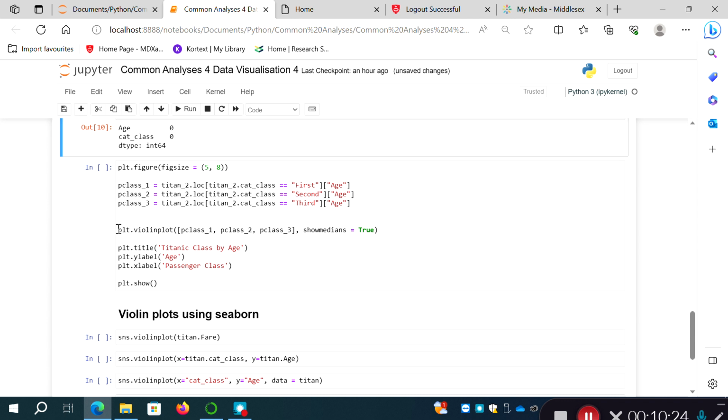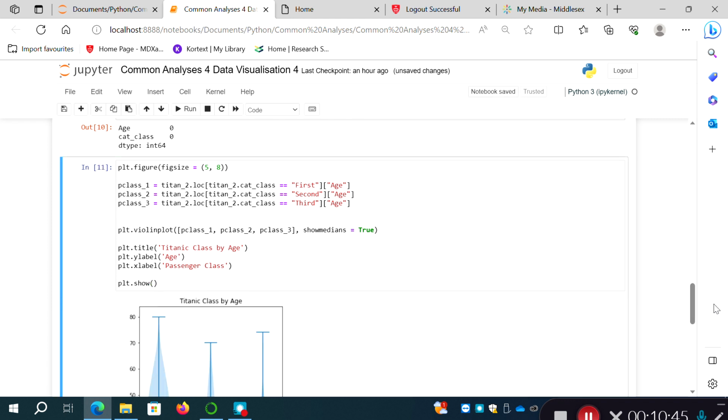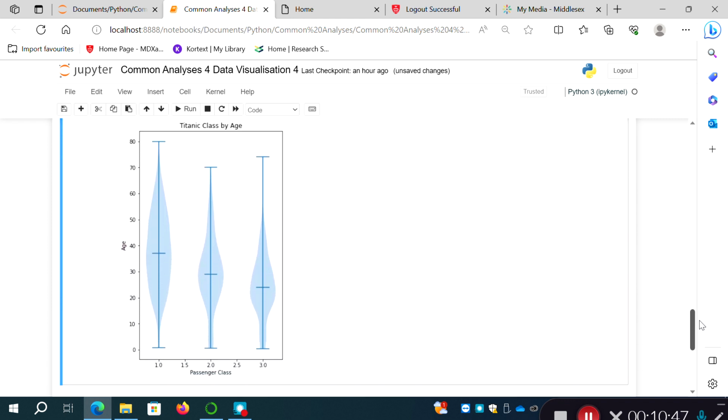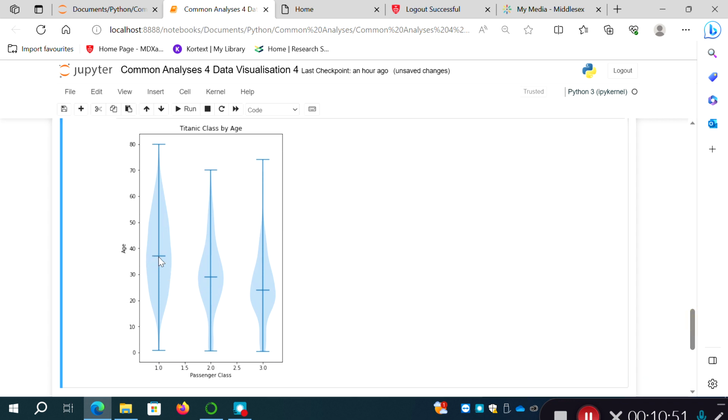I've not set it equal to an object in this case, don't need to, but I've passed a list containing these three objects, so they're the three groups that it's going to plot. And I've also added this extra argument here, show medians equals true, so it should show where the median is. If I run that, what you see is we get these three groups, and it's represented the median